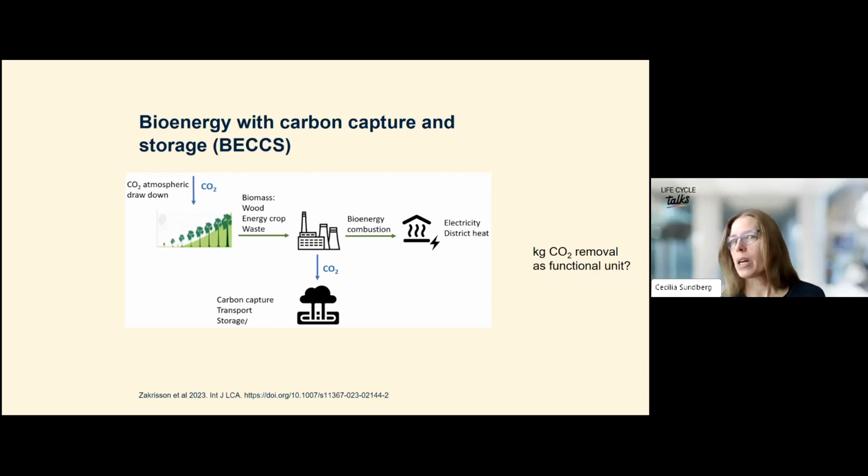That might be counterintuitive when you come from life cycle assessment and you see carbon dioxide emissions and also the negative emissions as a climate impact. But with the carbon markets, this is a product as well. And using that functional unit is an additional functional unit to consider, in addition to these energy products that we are used to and biomass.